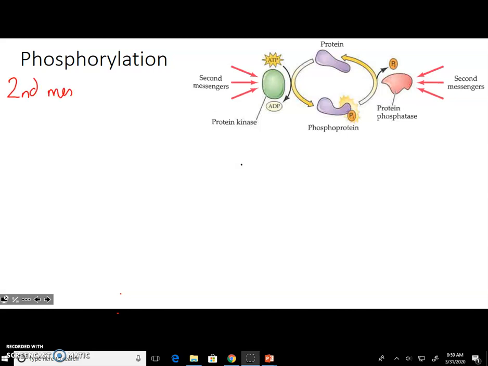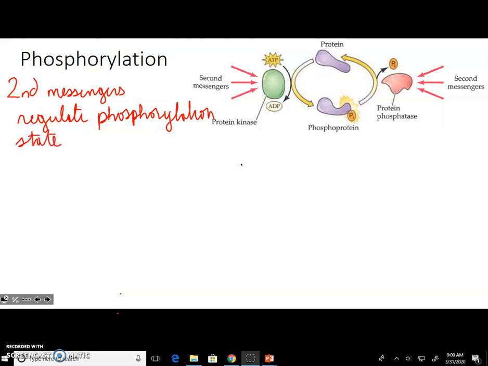Second messengers regulate phosphorylation state. The phosphorylation state of intracellular proteins, okay, by adding or removing a particular phosphate group,